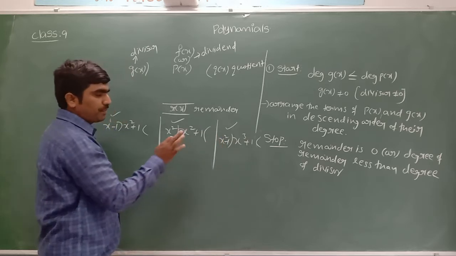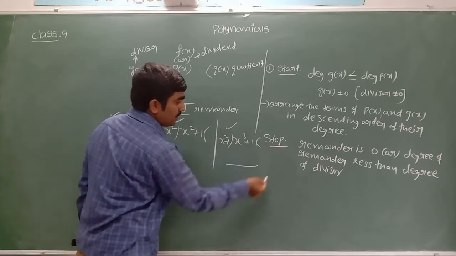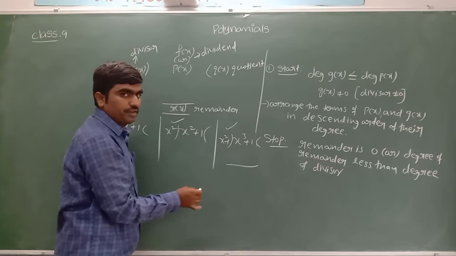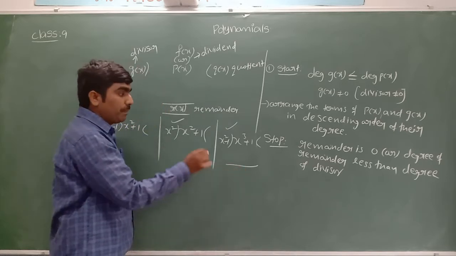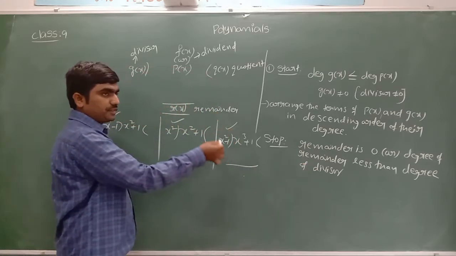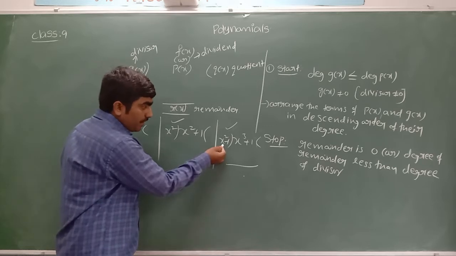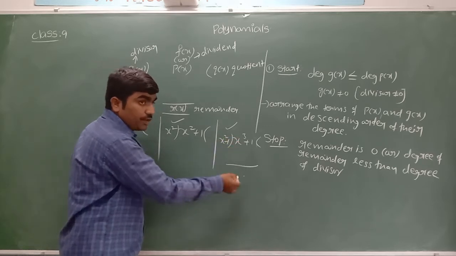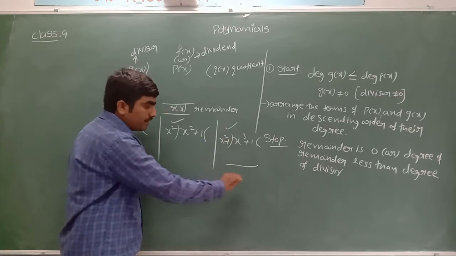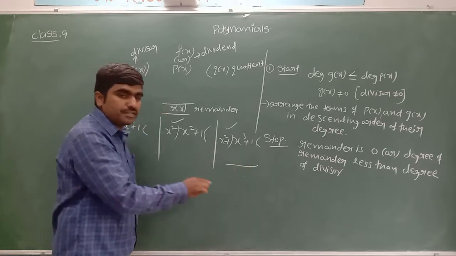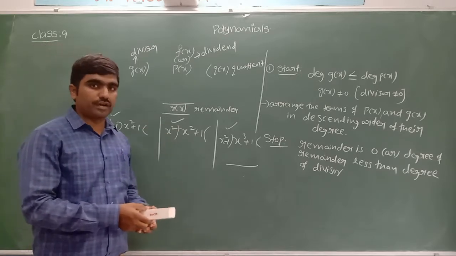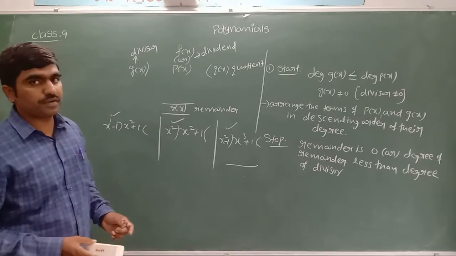The divisor is of degree 2. Division is possible. See what is written: we should continue the division until we get the remainder 0. If the remainder is 0, stop there itself. If the remainder is other than 0, make sure that the degree of the remainder is smaller than the degree of the divisor. Here the degree of the divisor is 2. We need to continue until the degree of the remainder is less than 2, which means 1. We have to get either a remainder of degree 1 or a remainder of 0. So these are the points we need to verify before starting the long division. Hope you understood. Based on this concept, we'll see one example now.